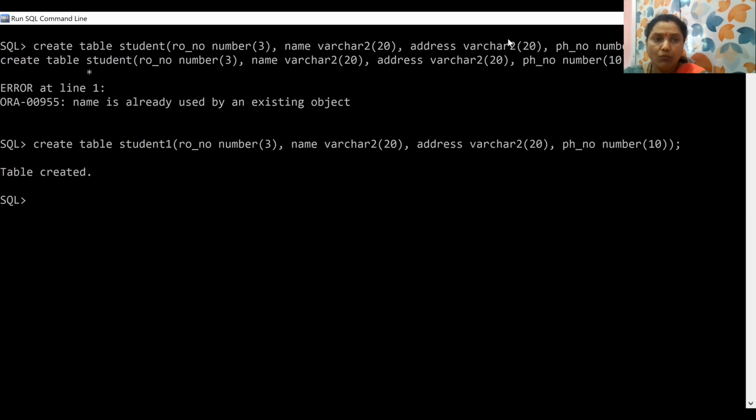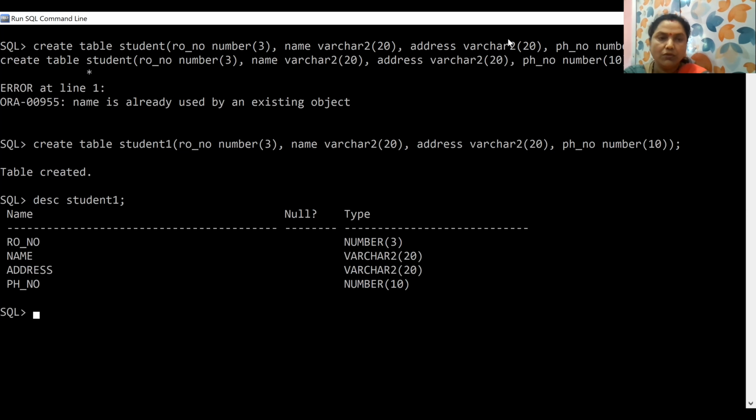Got it? To watch whether the table has been created or not, you can use DESC along with the table name. DESC student one, because the student one table we have created now. Watch here, DESC student one will show the field names and the data types. Name specifies the field names, type specifies the data types. And there is the use of null. If you are specifying any constraint, then those constraints will be shown here.